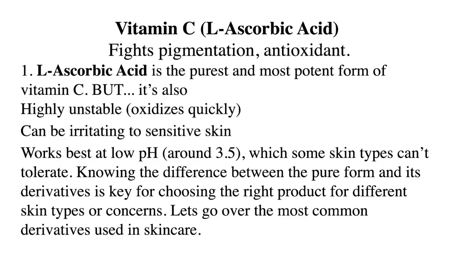So you guys, tyrosinase inhibitors are ingredients that help prevent hyperpigmentation by blocking the enzyme tyrosinase, which is essential for melanin, which is pigment production. By slowing this process down, these ingredients help fade dark spots and keep new ones from forming. Okay, so tyrosinase inhibitors are ingredients that help with the overproduction of pigments. So we're going to start with the first one on the list, which is vitamin C.